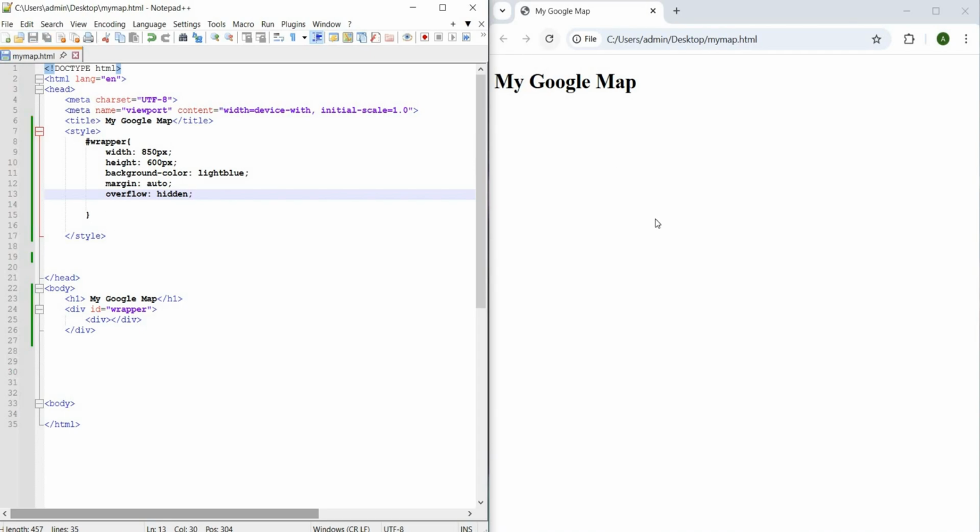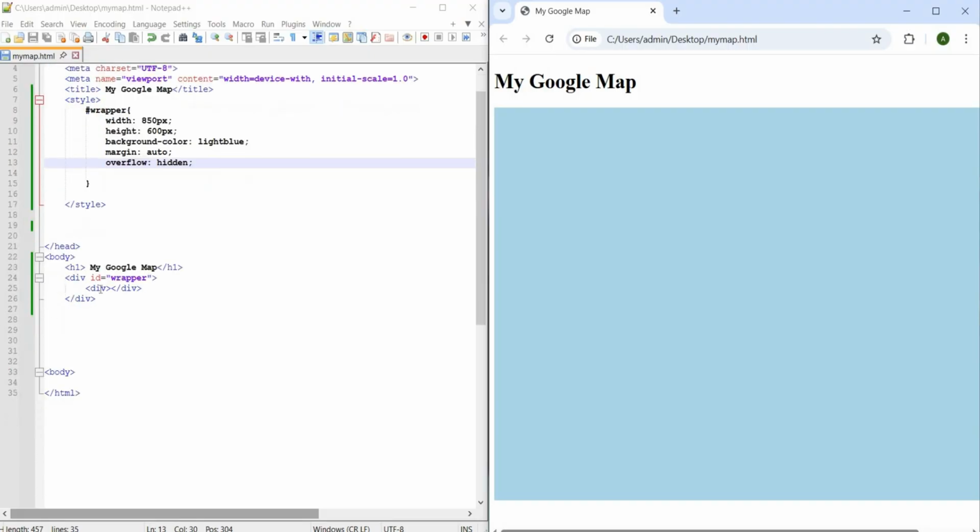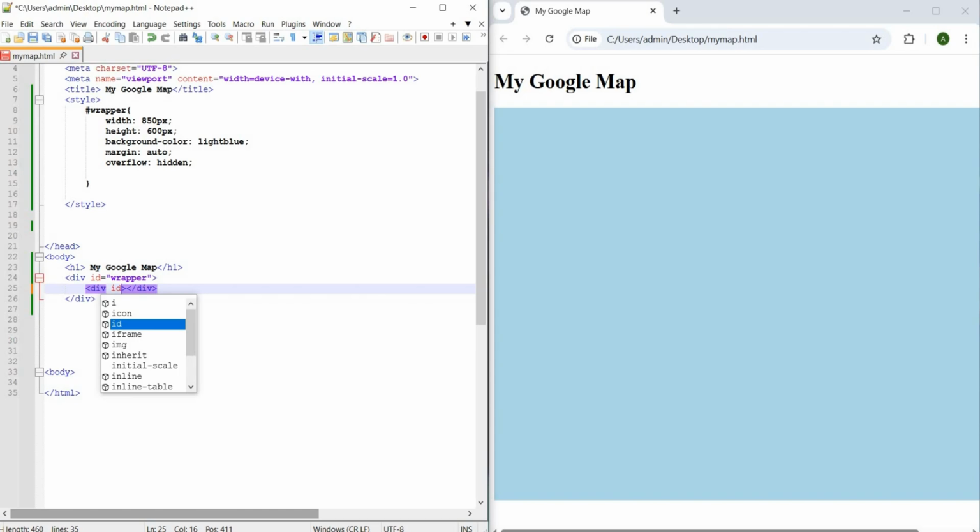Let's check here in our Google Chrome. Refresh. So the light blue background color was reflected here in Google Chrome. So let's have another code, an ID map for our map.